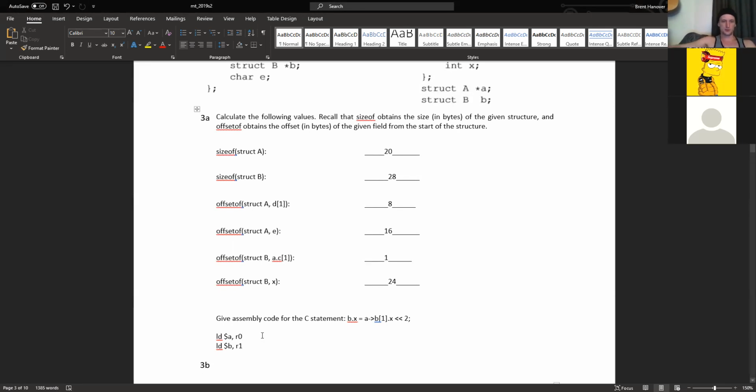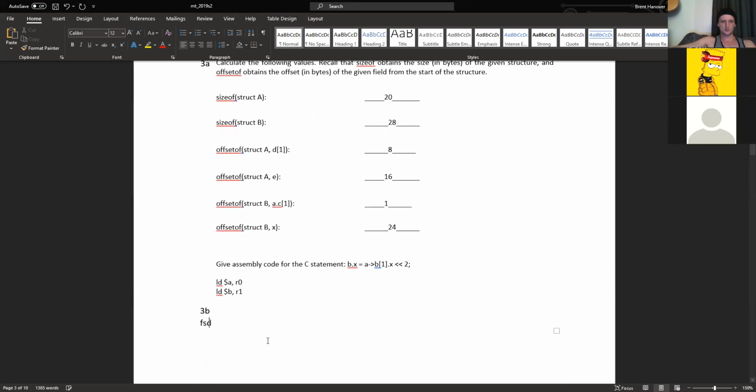So R0 equals the address of A. Then we have to do another load. Now R0 equals A. So now we're doing A to